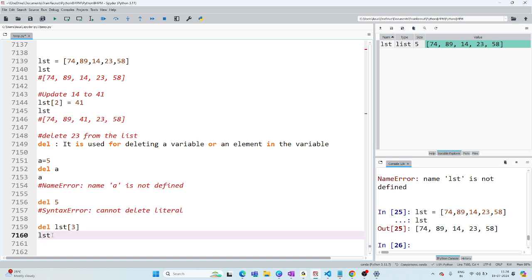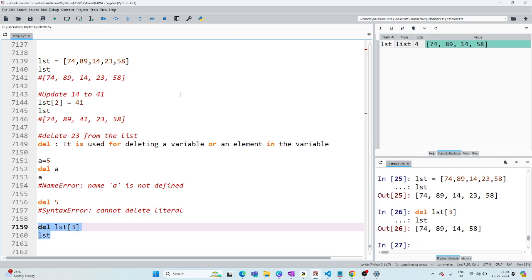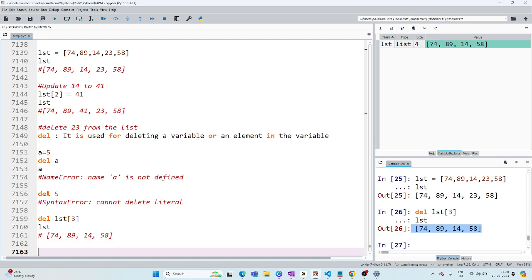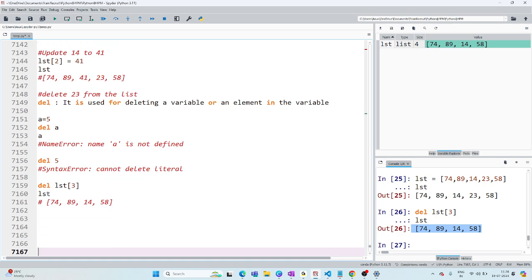I have deleted 23. 23 is gone. Why is 23 gone? Because you said del. Del means delete. Updating we have done, deleting we have done.